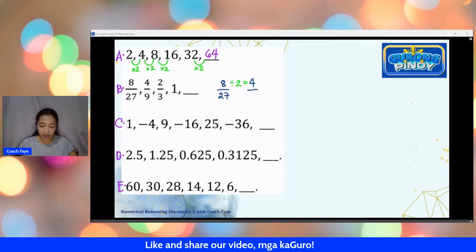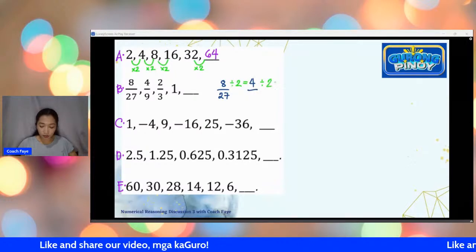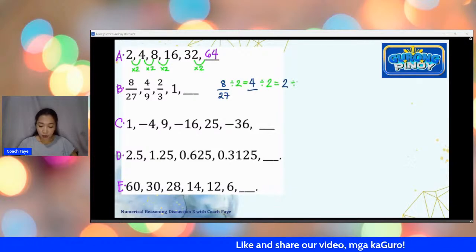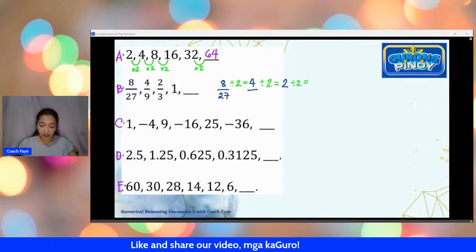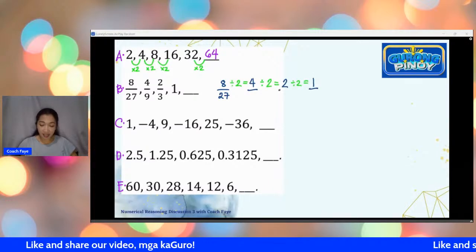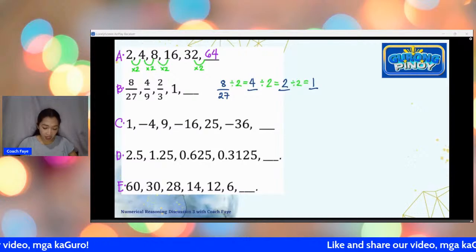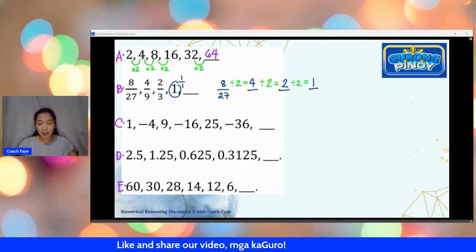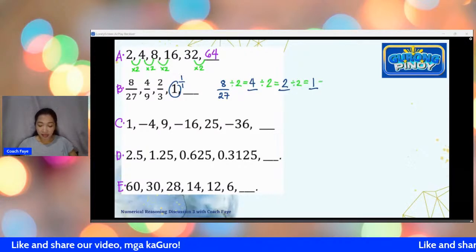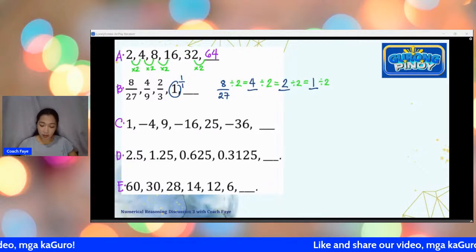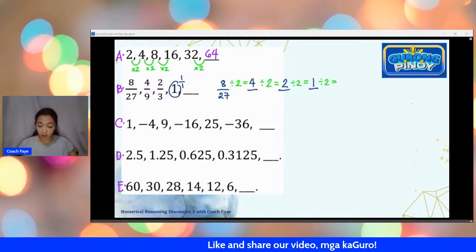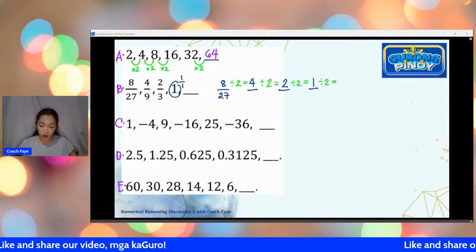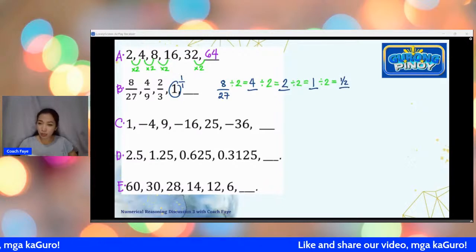Ayan. Tapos, divide nyo ulit by 2. And it becomes 2. Tapos, divide nyo ulit by 2. And it becomes 1. So, ayan na po siya, right? Yan na po yung pattern na establish natin dito. Na-reach na po natin yan. Because 1 here is also the same as 1 over 1. Ano po? So, we expect that the next number, divide din tayo sa 2. Ano po ba yung 1 divided by 2? That is 0.5 or 1 half. But that's just the numerator pa lang yan. 1 half. Ayan. Napunta naman po tayo doon sa baba.